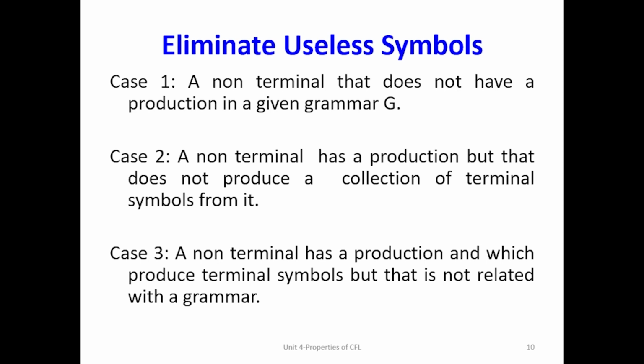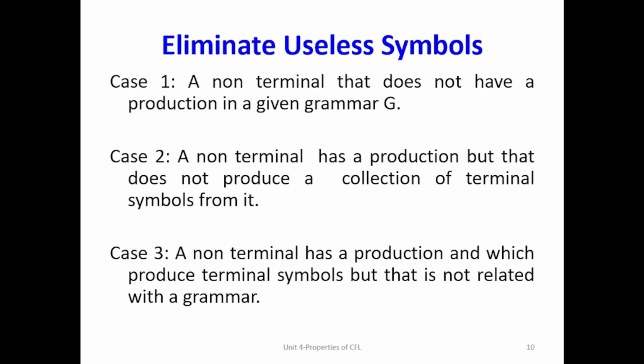Today I am going to give an explanation for elimination of useless symbols. This comes under simplified CFG formation. A simplified CFG means an extension of context-free grammar which contains elimination of three notations: one is eliminating epsilon production, second is elimination of unit production, and the third step is elimination of useless symbols. I already gave the explanation for the first two options, and here I am going to discuss